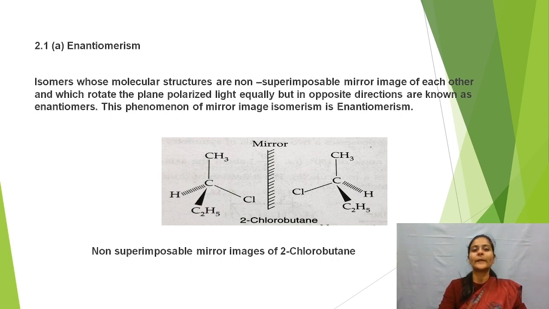I can show you with the example of my hands. If I place one hand on the other like this, both of these hands show non-superimposable images of each other. So I can say that my hands are an example of non-superimposable mirror images, as you can see in the example of the compound, 2-chlorobutane. Now let us move to the next one, that is